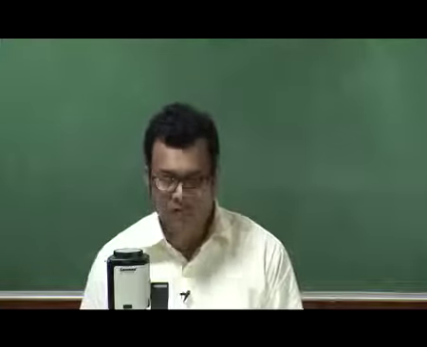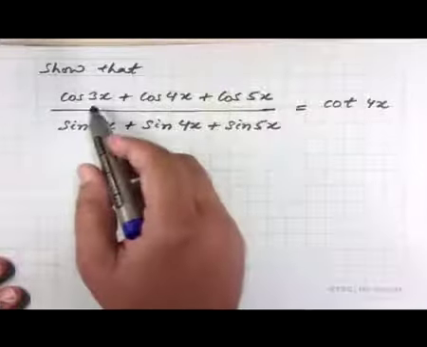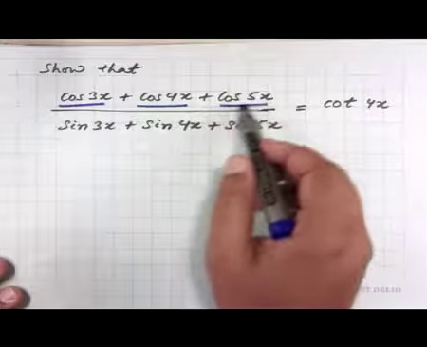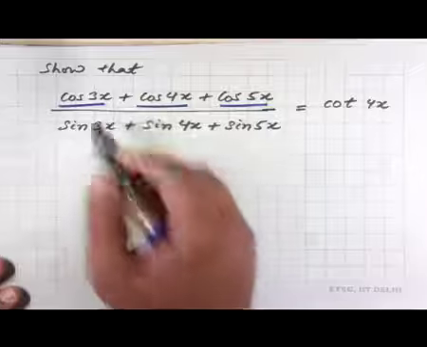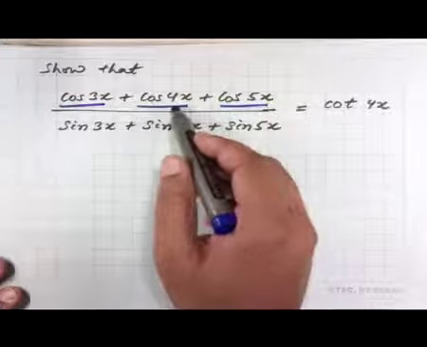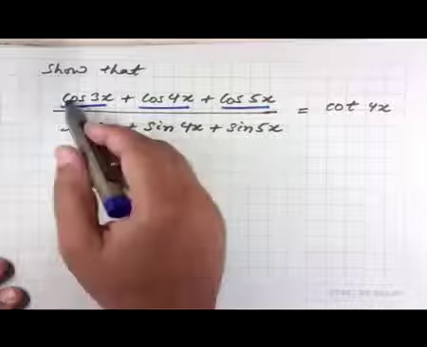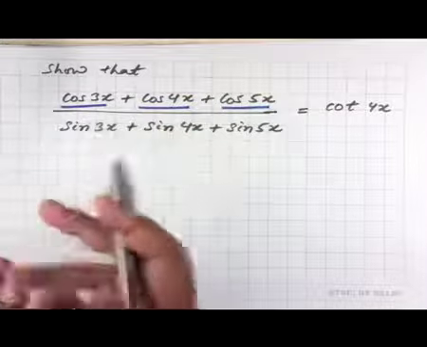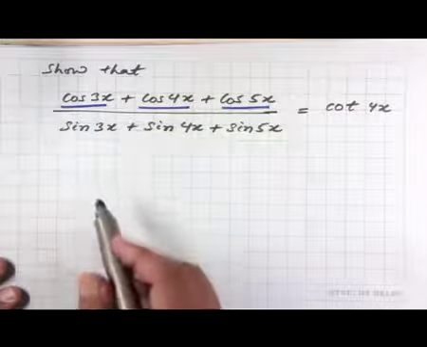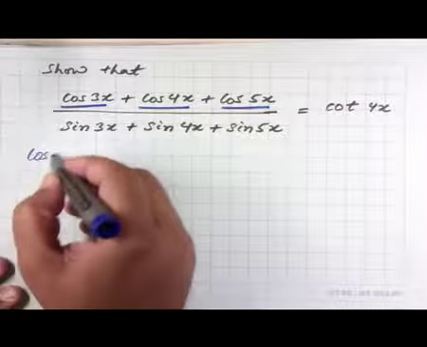Another similar question here, we have the sum of 3 cosines. So, either we can start with adding this and this first, and then we add this to the sum of these two, or we can add cos 3x and cos 5x first and then later on add cos 4x. So, which way do we go? Do we add cos 3x with cos 4x using the cos A plus cos B formula and then add cos 5x? The problem is that if we add cos 3x and cos 4x first, if you remember the formula for cos A plus cos B,